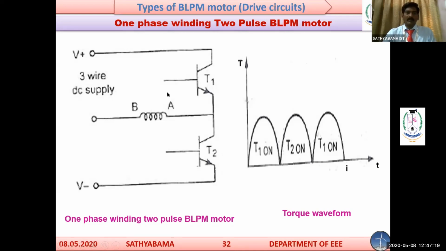Here there are 2 loops. One is the outer speed loop, and the other is the current loop. Comparator 1, the speed comparator, compares the reference speed and the actual speed from the tacho generator. The output of the comparator produces the current signal that gives the reference to the current comparator. This current comparator compares the speed current signal with the actual current sensed by the current sensor, and the output of the current comparator is given to the monostable circuit.